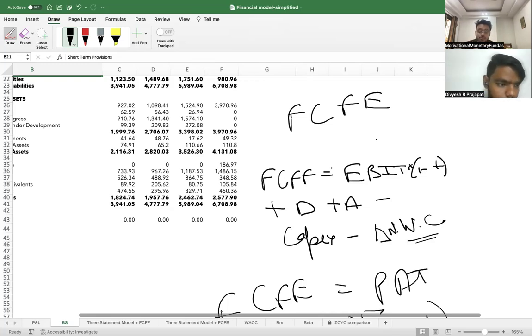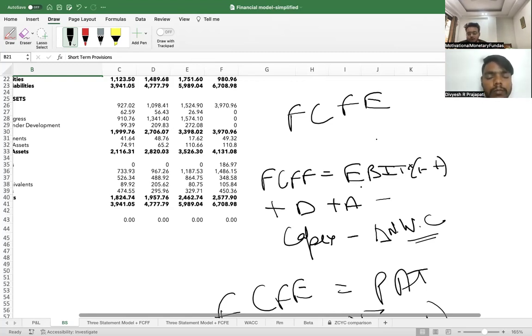So this free cash flow is to the firm, as the name suggests, free cash flow to firm. And firm comprises of both equity and debt. So it is a cash flow which is available to both equity holders as well as the debt holders. And that is why we have taken here EBIT, earnings before interest and tax. For interest and tax have not been paid yet. And EBIT is something which is being looked forward by the debt holders of a company. Whenever a debt holder wants to see how strong the enterprise is, how strong a company is, whether the firm shall be able to pay me my interest payment or not, because debt holders are just bothered about the